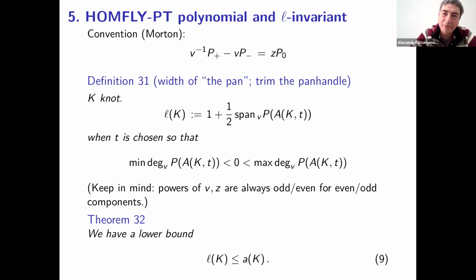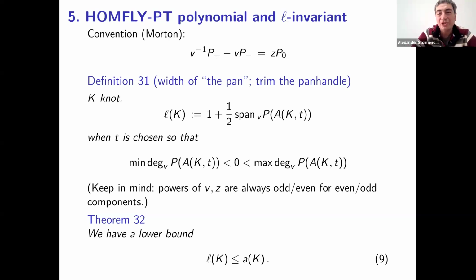I didn't say this, but it is well known that when you have an even component link, then the powers of v and z are odd, so they cannot be 0. And when you have an odd component link, like a knot, then they are all even. And it is very easy to see that T can be chosen this way. And now you have to prove that